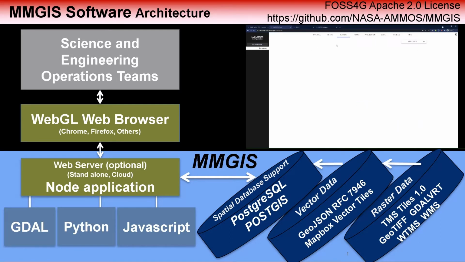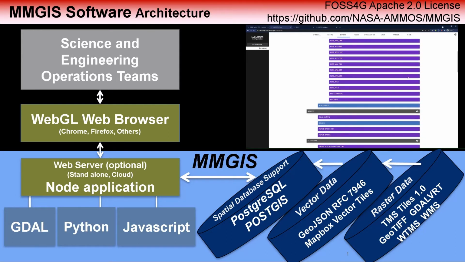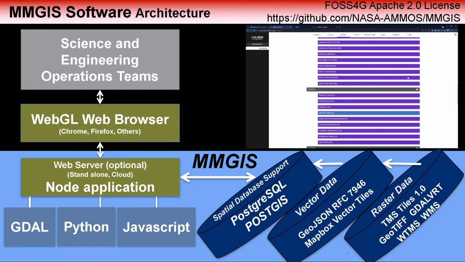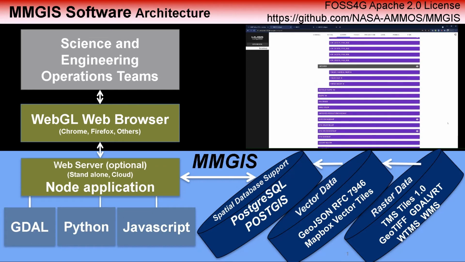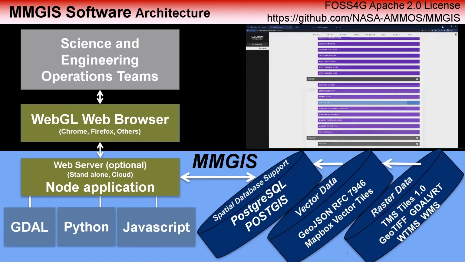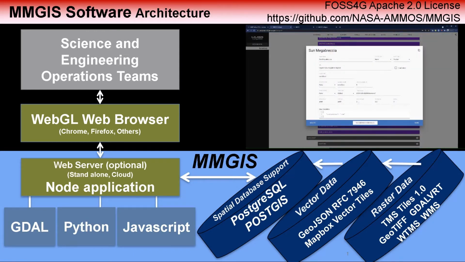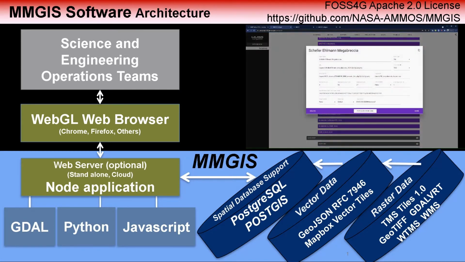And then we also have raster data sets, which we typically serve as TMS tiles that we compile from GeoTIFFs, and we also use GDAL virtual raster formats for looking at some data sets to mosaic them together. And we can also read WMTS and WMS layers. And so on the upper right, you can actually see our configuration page where you can configure all the different types of layers with their various attributes and zoom settings and such, so that it is transparent to the user